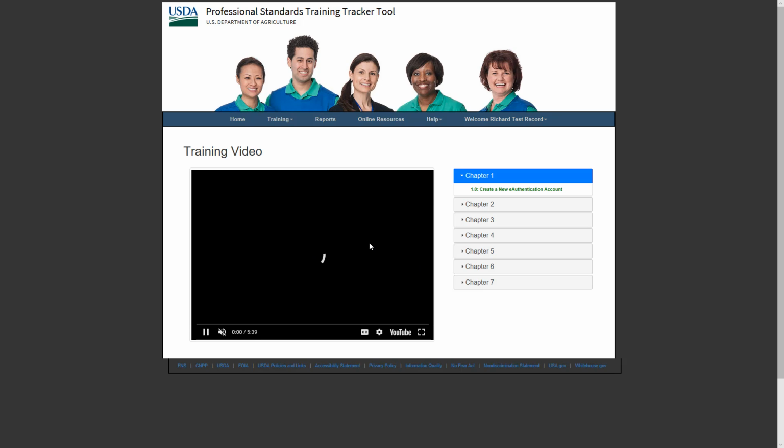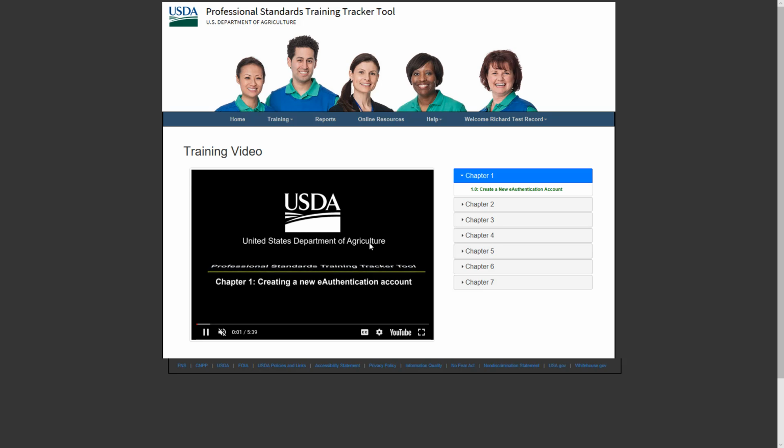Each video will play on this page. It might be helpful to resize the video window to fill your screen using the available full screen option at the bottom far right. There are additional video controls at the bottom of the video window, such as the play and pause button,